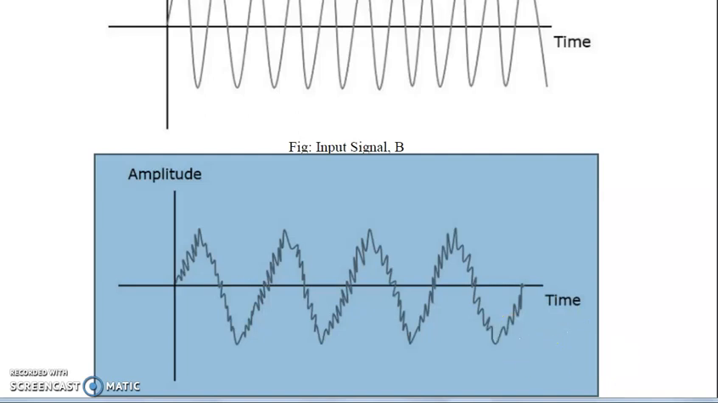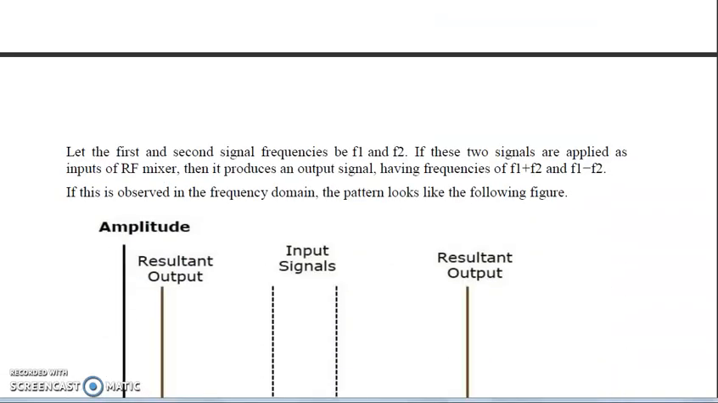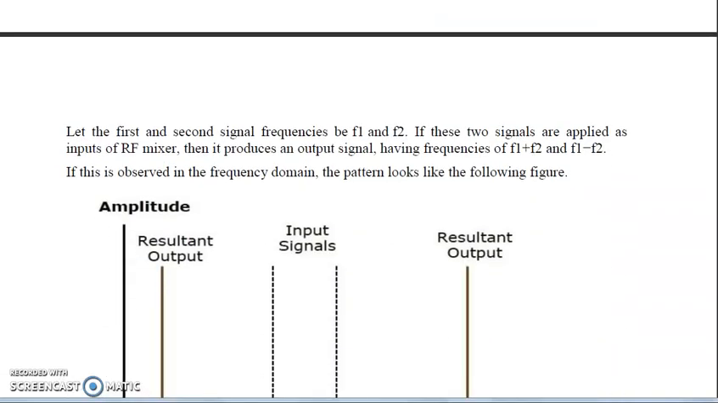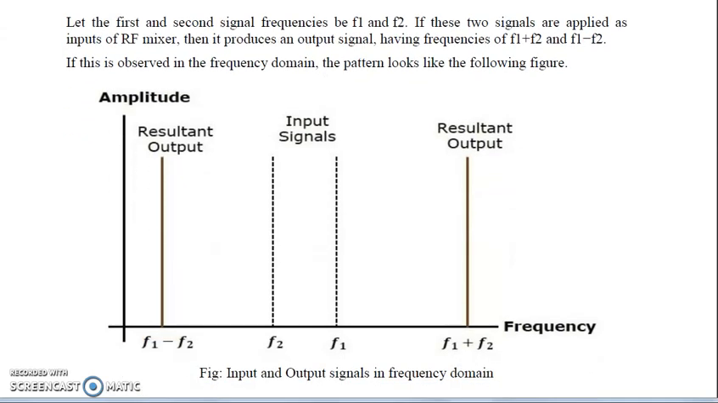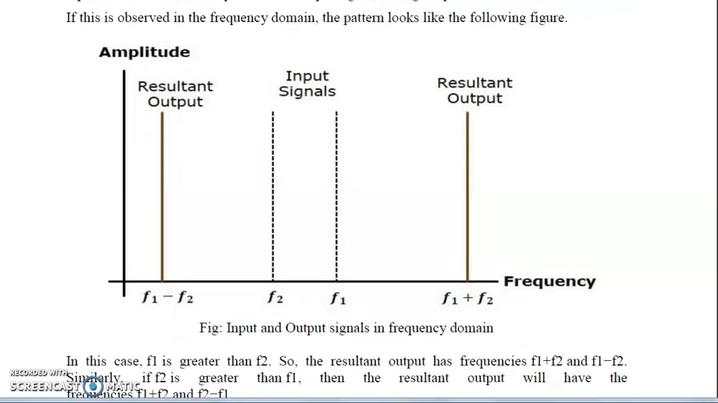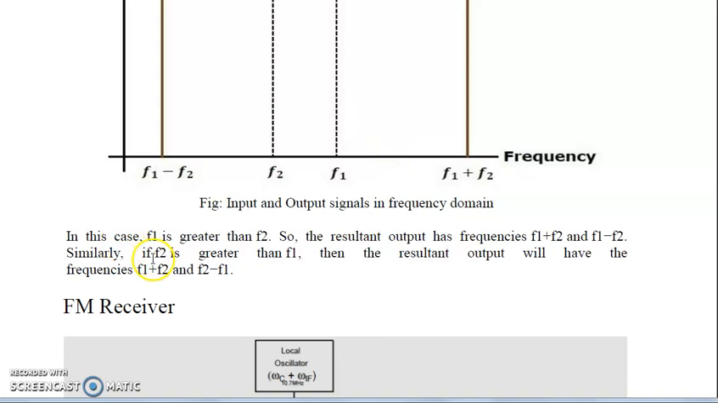This is the time domain diagram, and by solving the equations in mathematics, the frequency domain diagram can also be generated. This is the frequency domain diagram in which signal A has the frequency F1, signal B has the frequency F2, and what we are watching is that the resultant output frequencies are F1 minus F2 and F1 plus F2. If F2 is greater than F1, then the frequencies will be F1 plus F2 and